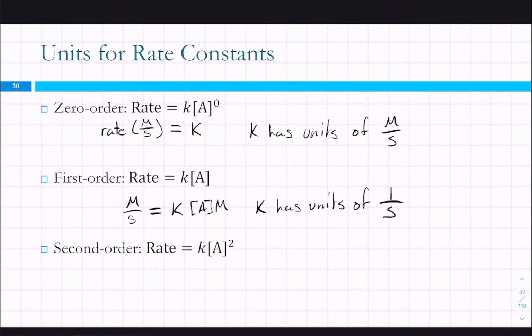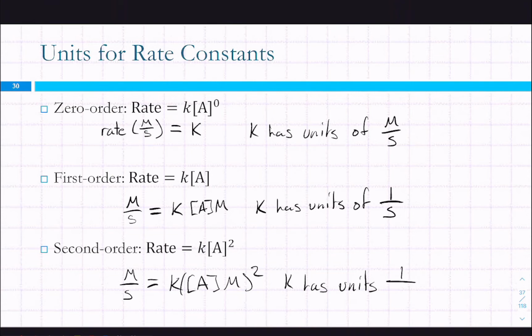What do you think the units are going to be for a second order reaction? Again, our rate has units of molar per second, k, and now it's A molar squared. So if we divide molar by molar squared, k has units of 1 over molar seconds. And then each of these could also be rewritten as